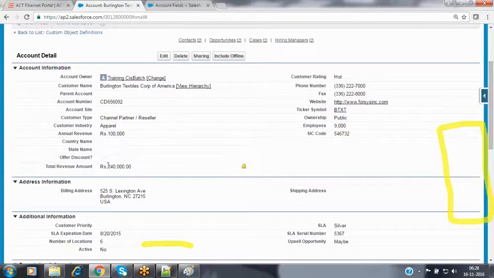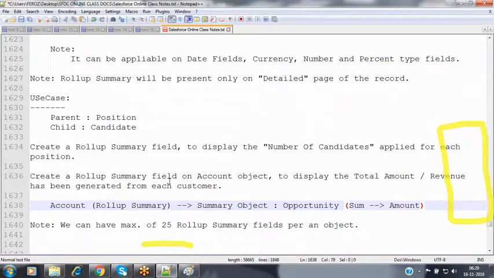Whenever you create a new record, change the amount field value, or add a new opportunity record, this roll-up summary field value is automatically recalculated every time. No need to manually recalculate it. So this is the way we can create roll-up summary fields inside a parent object which has a master-detail association. This is the functionality of roll-up summary fields.